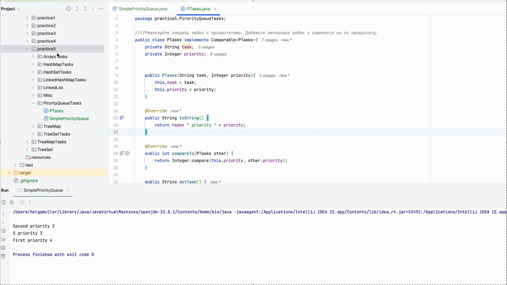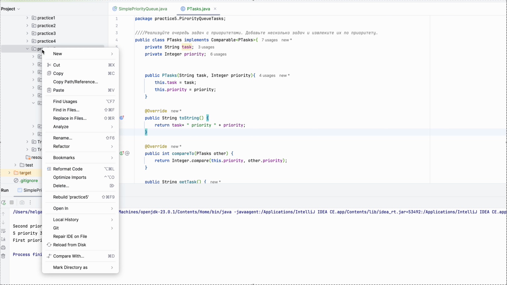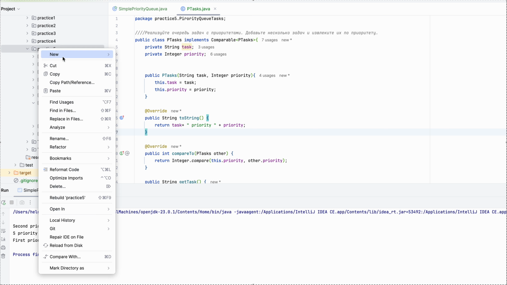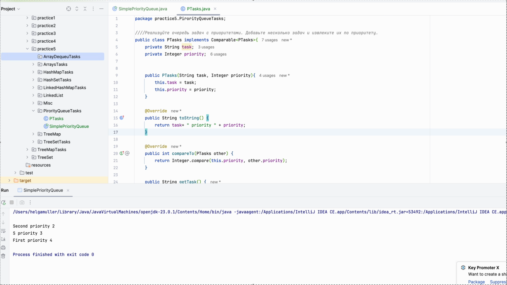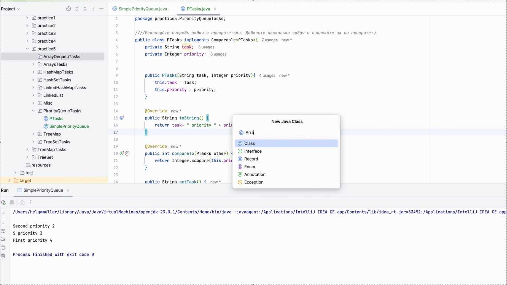It's the last part here: ArrayDeque. So let's create a package, ArrayDeque tasks, and let's create a class ArrayDeque